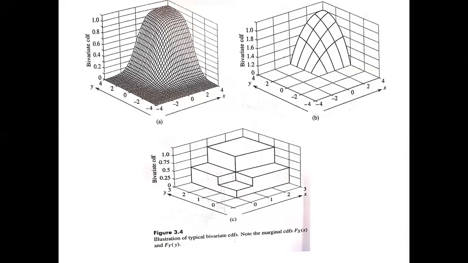This is how the figure of the CDF looks like, these three different cases, right? So here it will be a general case. Here it will be only the x variable. Here it will be only the y variable. That is, the marginal CDFs corresponding to the general case with both the variables, only x here, only y here.